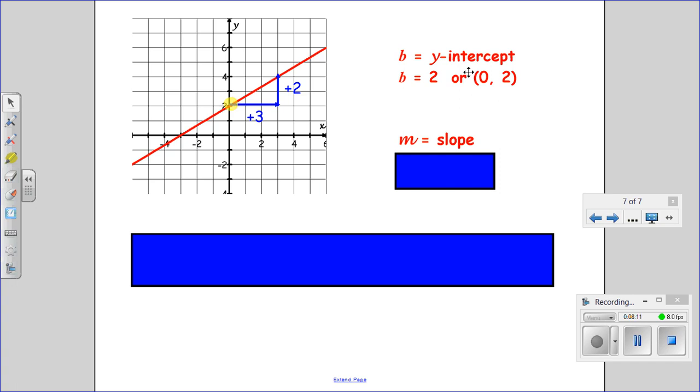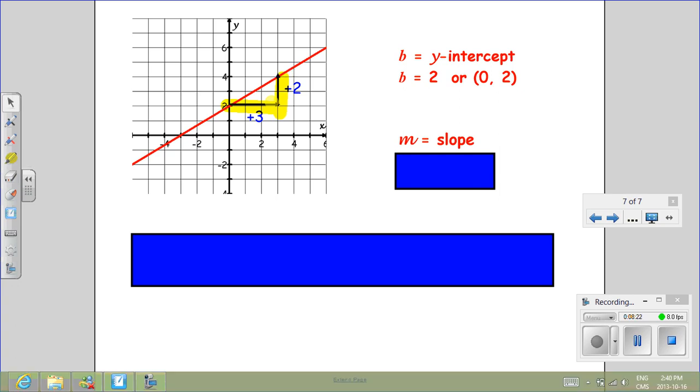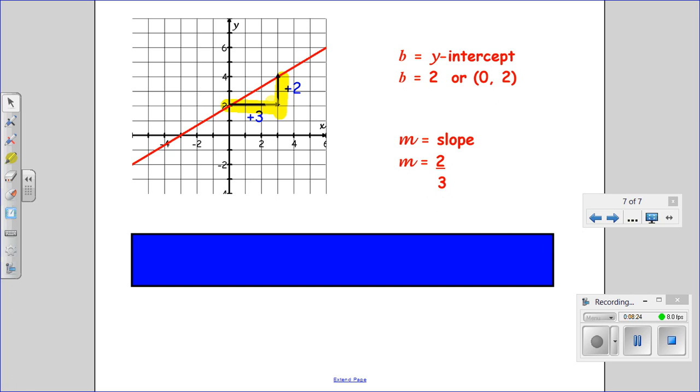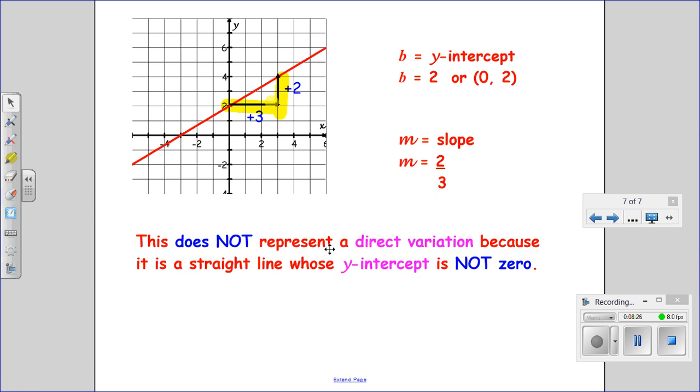The slope still gets found the same way though, because we're looking for the change in the y compared to the change in the x. I'm going right 3, so that's an increase, and up 2, which is also an increase. So my slope is 2 over 3. And it's not a direct variation because even though it's a straight line, it does not pass through the origin or through